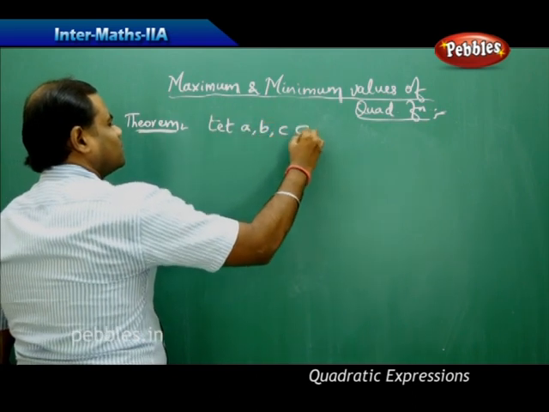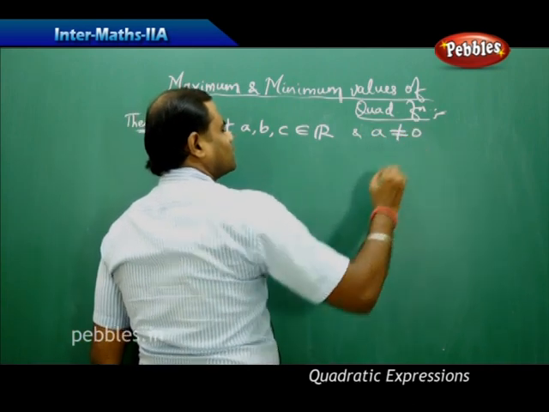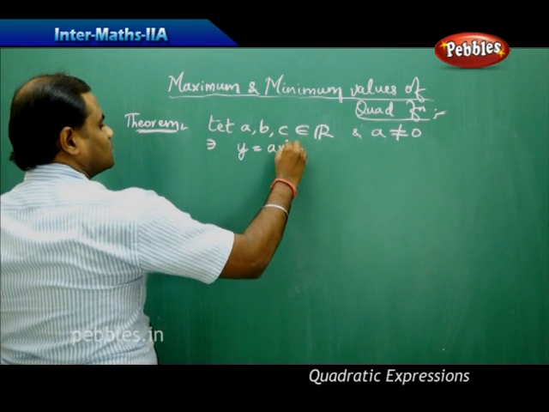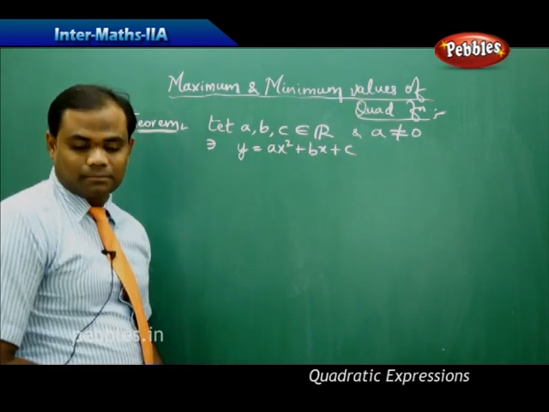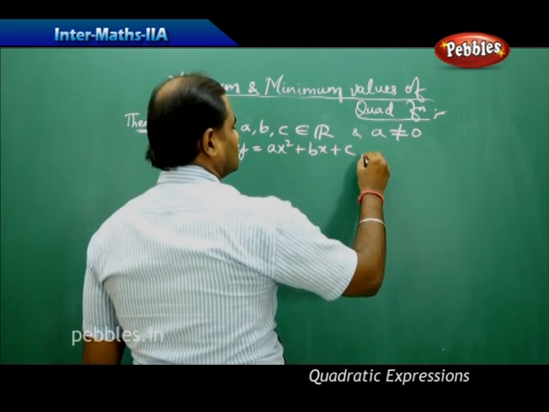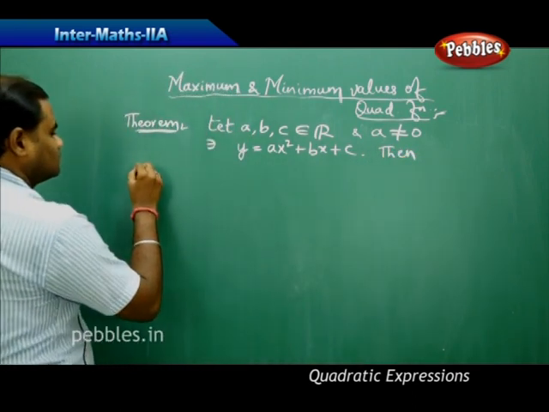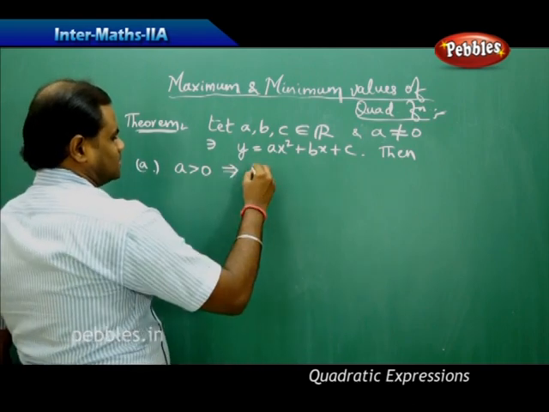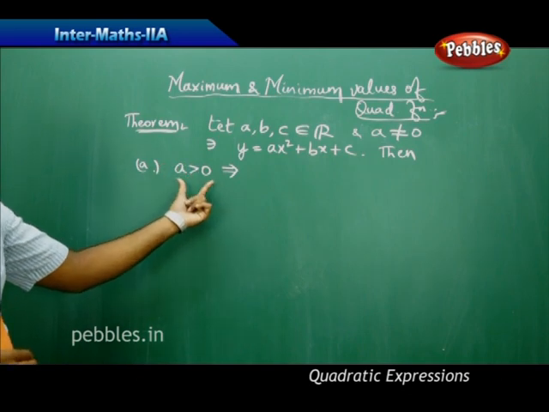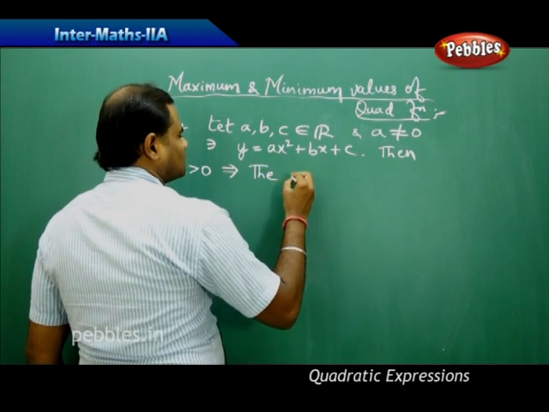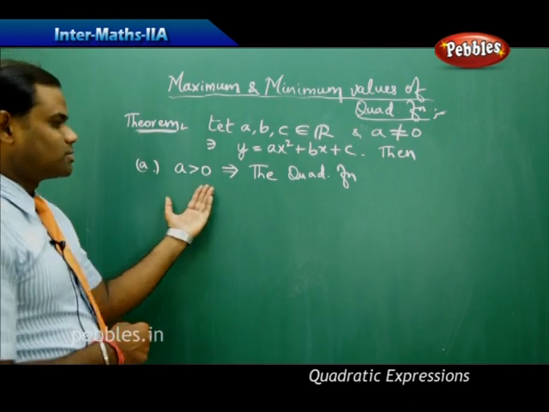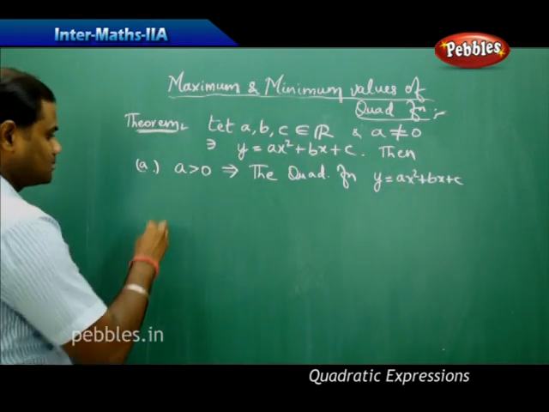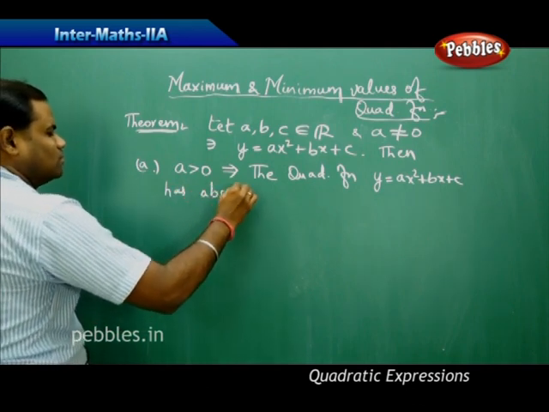there are three constant real coefficients a, b, c, with a not equal to 0, such that y equals ax squared plus bx plus c. Then I have to prove that if suppose I have a greater than 0, implies, for this sign of a being positive in the first case, the quadratic function. So when a is positive, it implies the quadratic function y equals ax squared plus bx plus c has